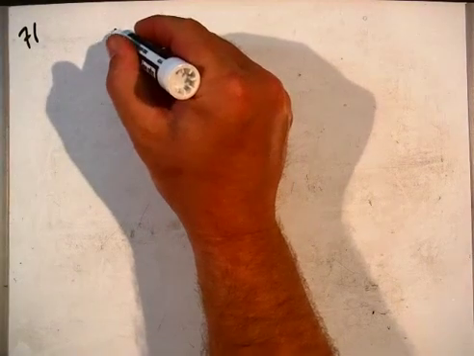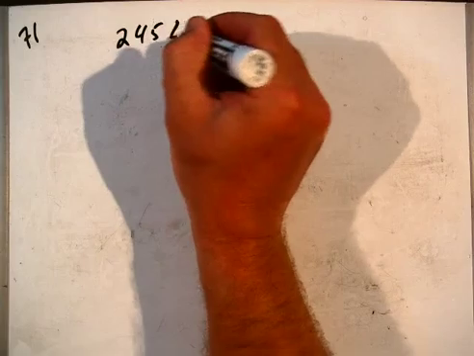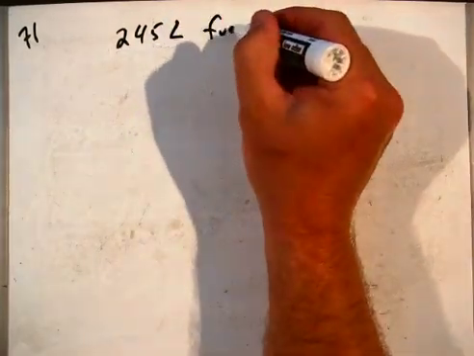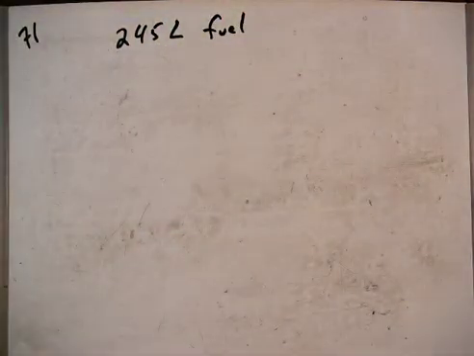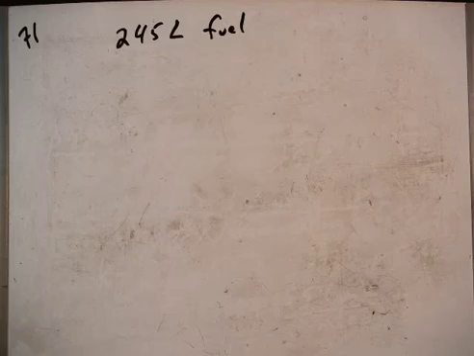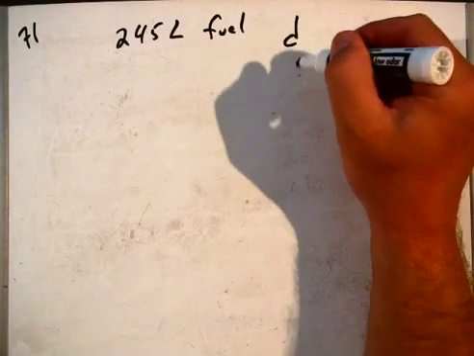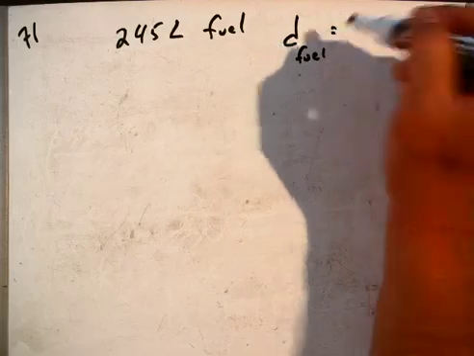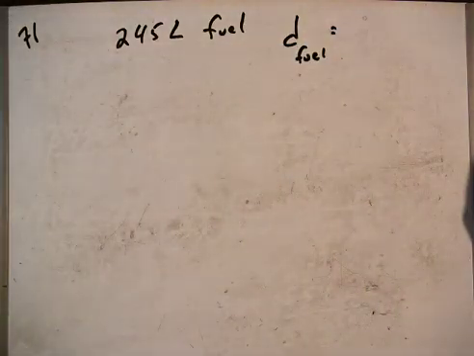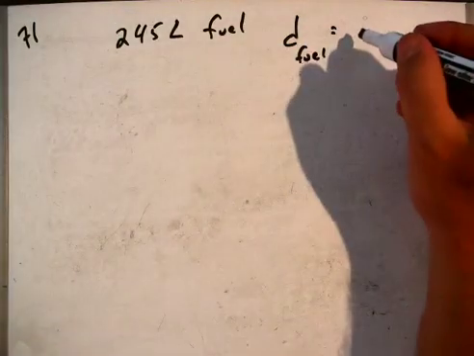This is number 71, chapter 1. It is looking at density, and the question reads that we have a small airplane that takes on 245 liters of fuel, and the fuel has a density. Remember, D is our symbol for density. The density of that fuel is